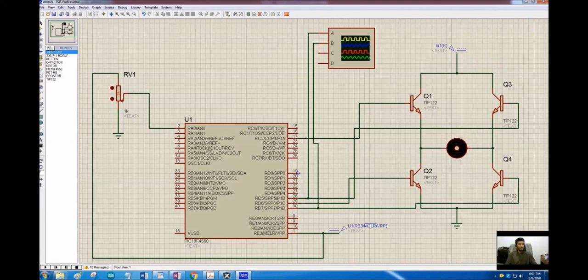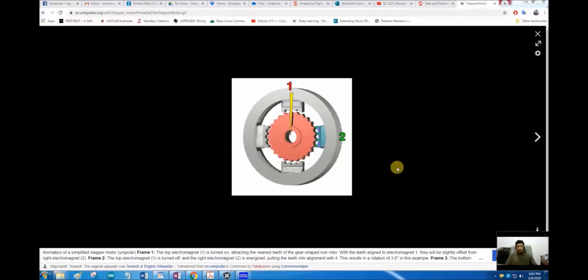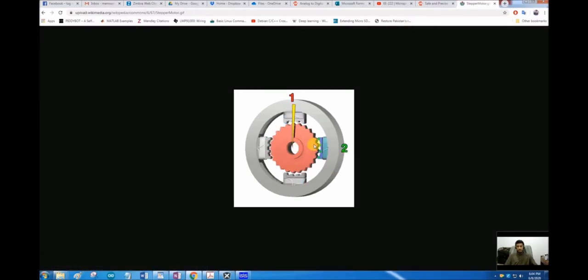So let's first start with what is a stepper motor. This is an animation from Wikipedia of a stepper motor internal circuit, a very basic diagram, and you can see here that this is a geared motor in simple words, and there are 4 excitation coils for this motor. So by sending pulses one by one, by exciting these 4 coils one by one, we can give one step to this motor. So this stepper motor is used for precise position control.